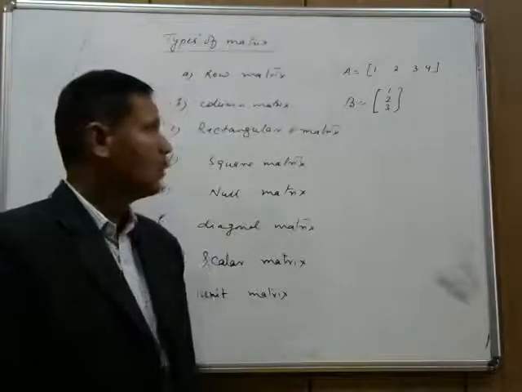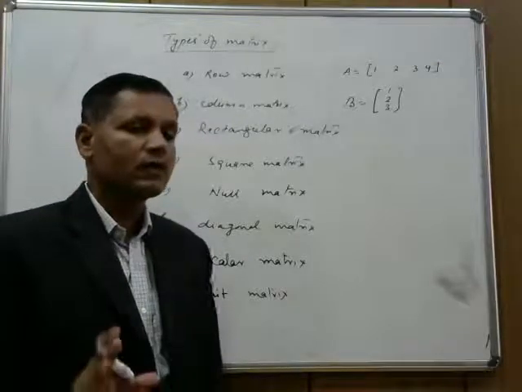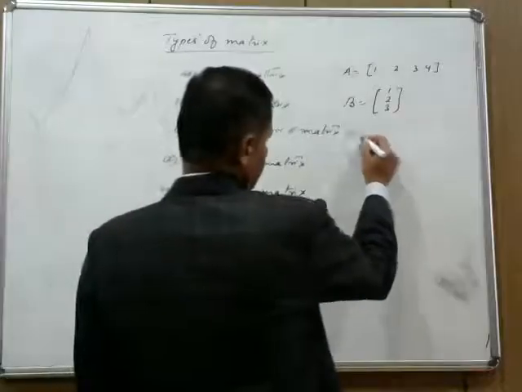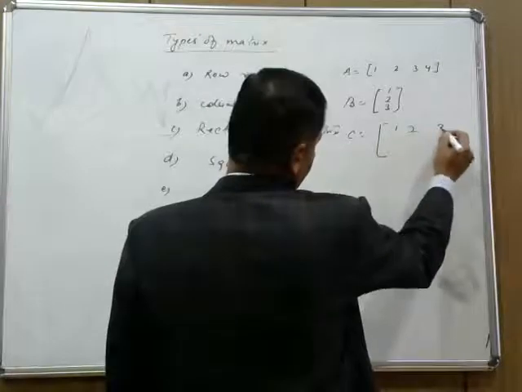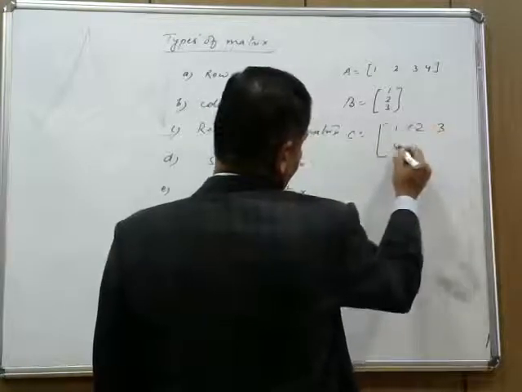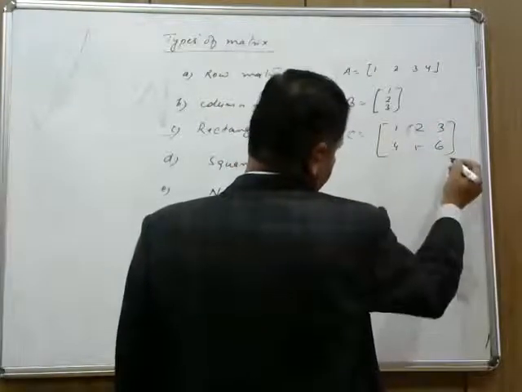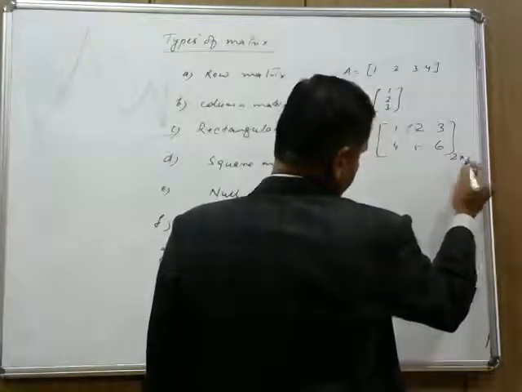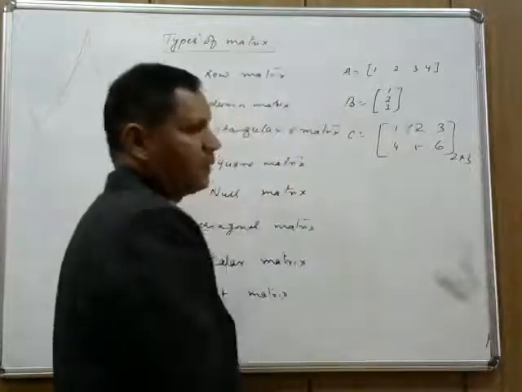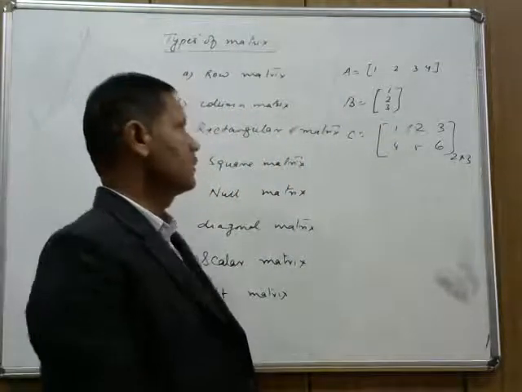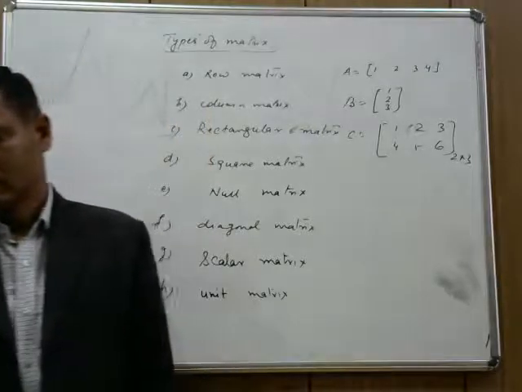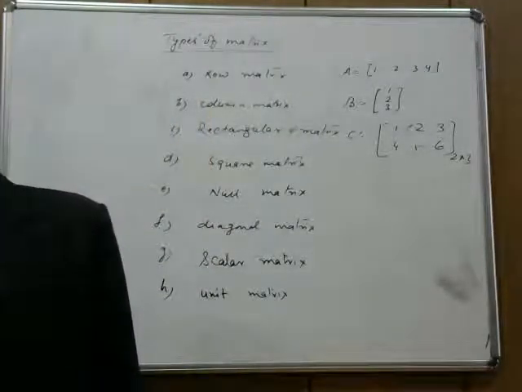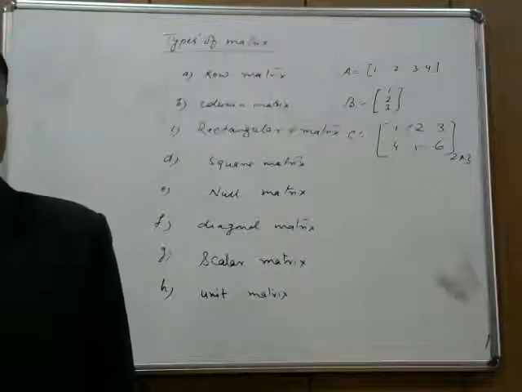Rectangular matrix, where the number of rows and columns are not equal. Right. Suppose I write C is equal to 1, 2, 3, 4, 5, 6. Here, there are 2 rows and 3 columns. Number of columns and number of rows are not equal. And that's what is called what? Rectangular matrix. A rectangular matrix, a matrix in which number of rows and number of columns are not equal, is